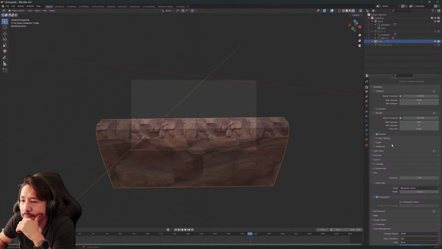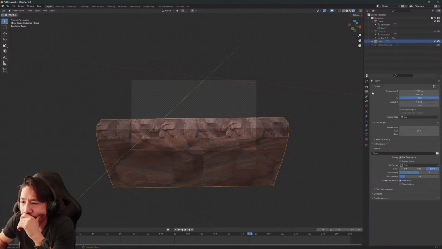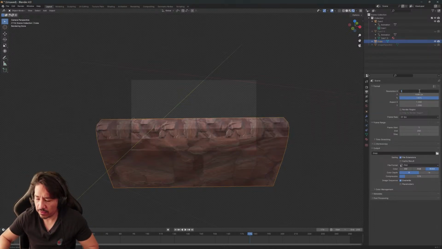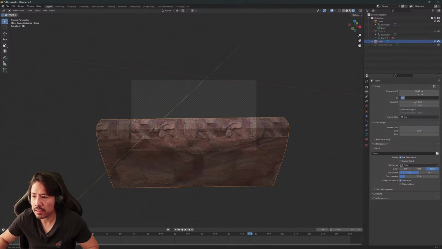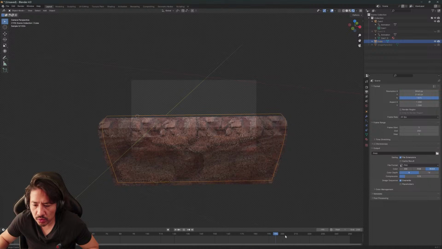That could be cool. Output here. There you go. Is it 1920 or no? I think it's 3440 by 2160. I think 25. No, I think it's 20. No, it's 25. Yeah. From 1 to